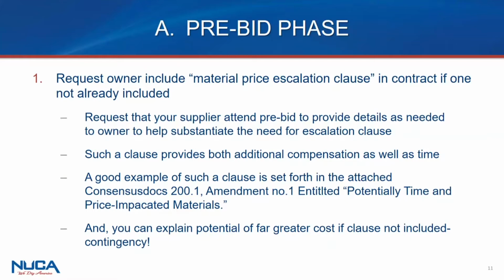The ideal is to get a price escalation clause, material escalation clause included in the contract if there isn't one. By way of a price escalation clause that provides that to the extent that there are increases that occur post-bid, post-contract, a contractor has a right to get dollars related to that as well as time. The opportunity at the pre-bid phase is to approach the owner to ask for it, whether by way of a formal pre-bid conference that is scheduled, or if one's not formally scheduled, to actually ask for one.